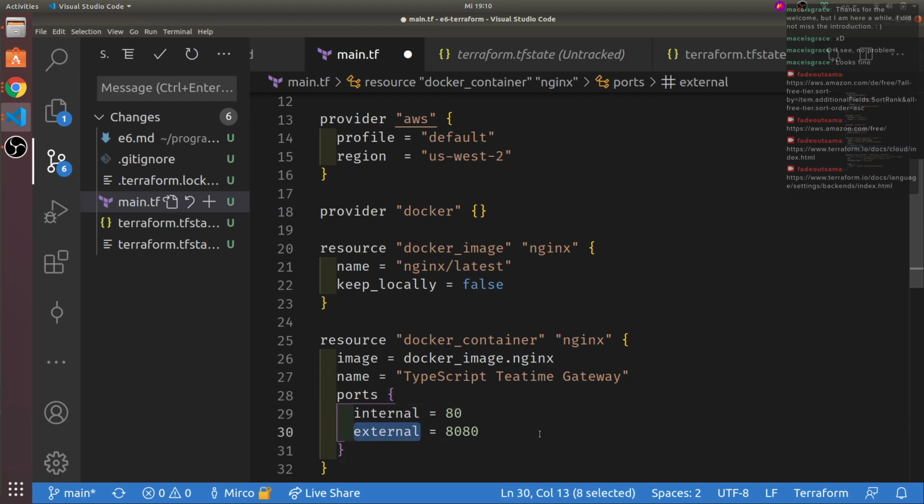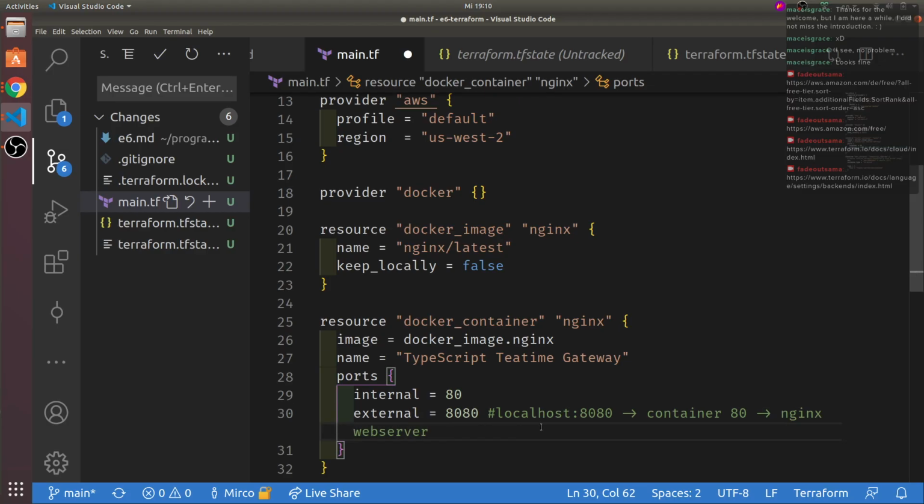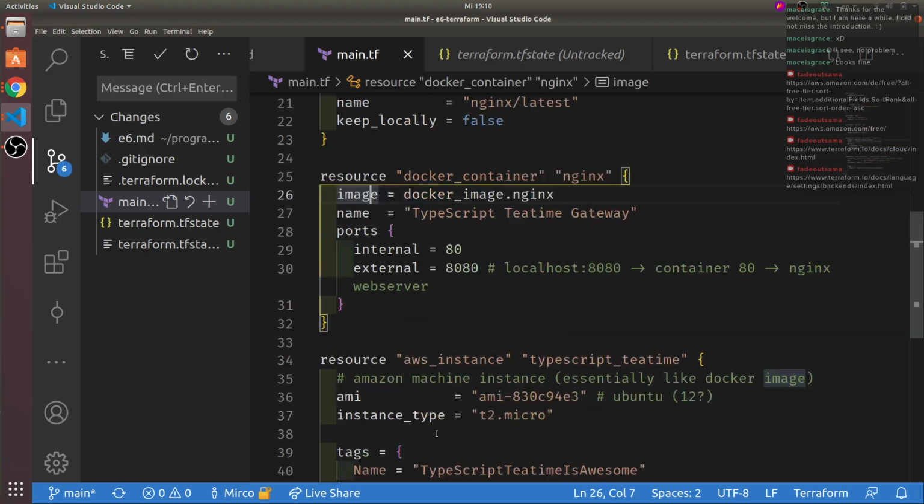And this is the port that I am able to access it on my local machine. So if I write into my browser localhost:8080, it will forward it to container port 80, which is running the web server. So that's how you need to read that.